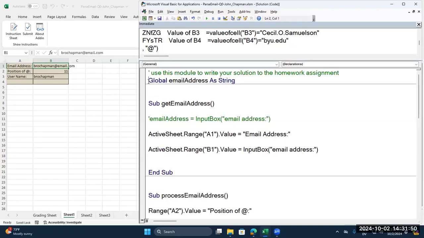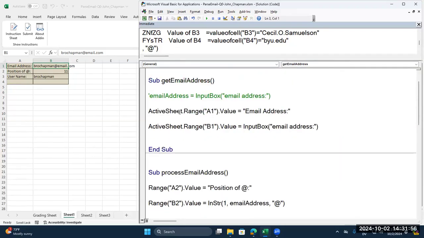And if we did that, okay, here's an alternative. I'm gonna comment out the global email address, and I'm gonna comment out this one. What I'm gonna do is put that input box directly into cell B1 value. Does that make sense? There's no variable here. I'm not saving that email address anywhere. I'm just putting it right into the sheet, right? If I do this,